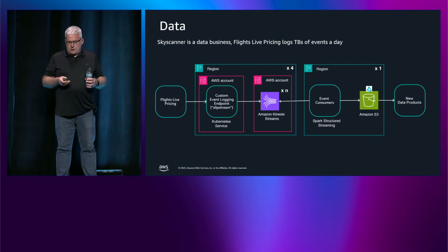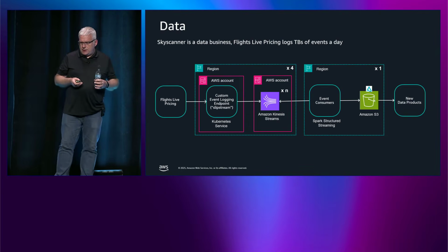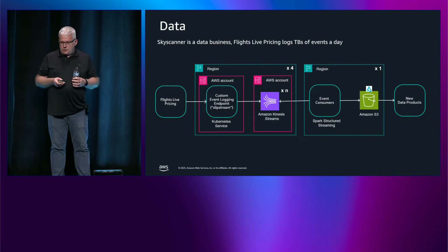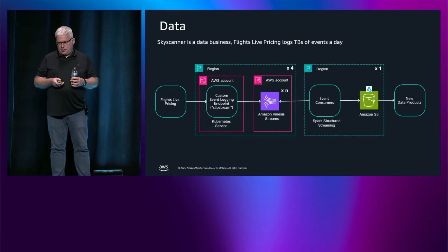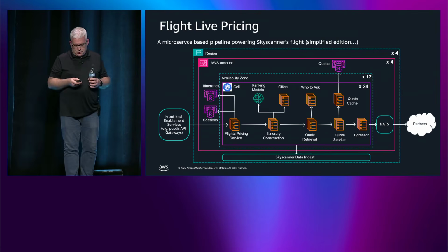We have regional slipstream endpoints. It's a custom Go service that runs in our sales environment, and it writes compressed micro batches into multiple Kinesis streams. We learned that not all data is equal, and that's why we use different streams with different SLAs and quality profiles. On the consumer side, we have Spark structured streaming jobs running on Databricks, which consume from all the regions and then write to Delta tables in S3, where we use intelligent tiering for storage cost control.